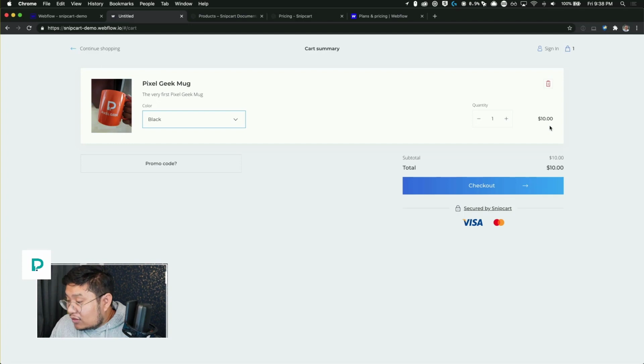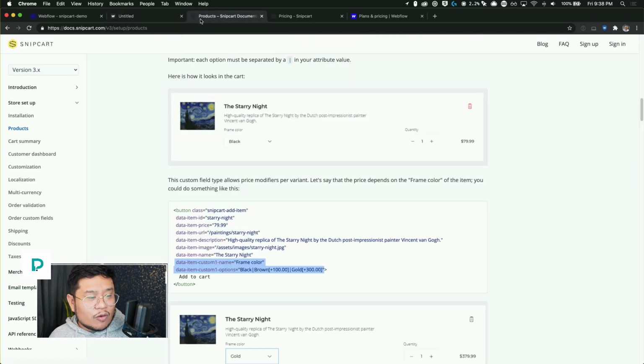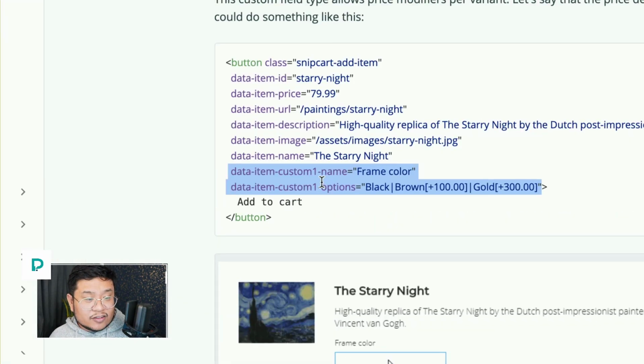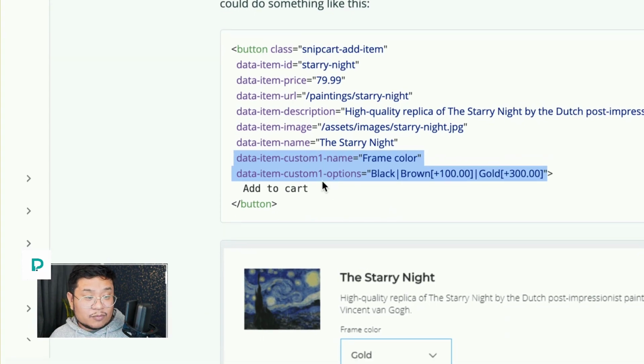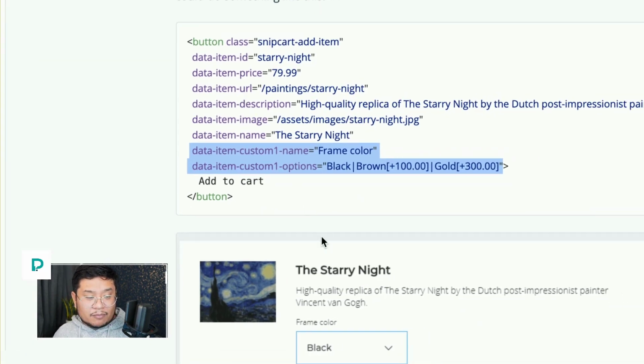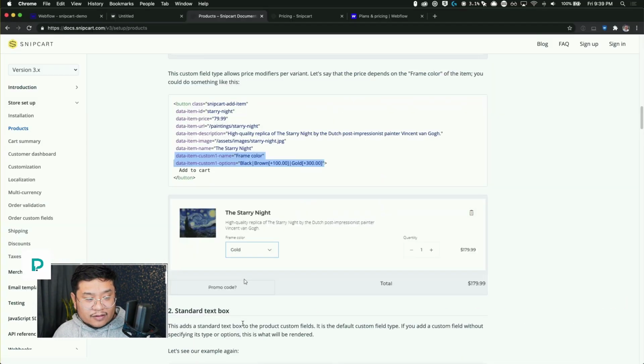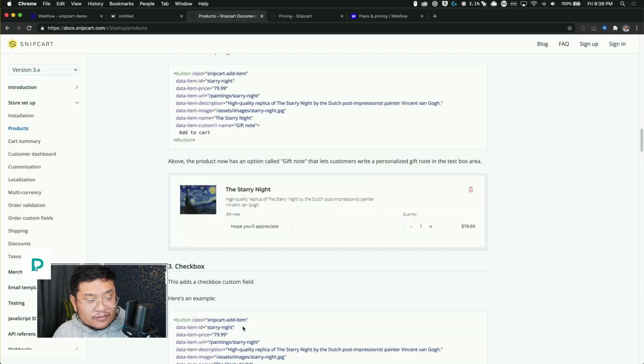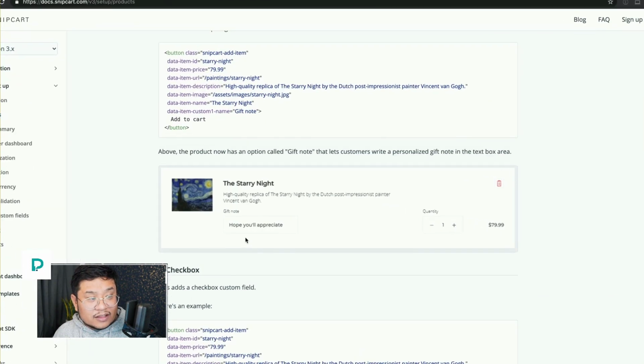And it keeps going. There's even more things to do with this. Again, you can add as many variants as you want. You would just need to say custom two name, custom two options. You can go as far as even adding a gift note.